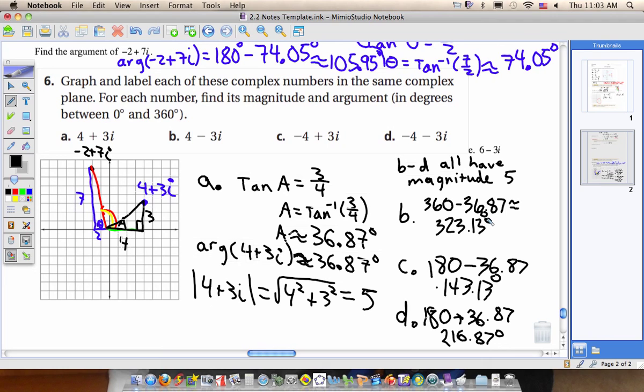So you can check your work with the answers that are up here. B is in quadrant 4, so you're just short of doing the complete 360-degree turn, so I subtract. C is in quadrant 2, so you go left and up, similar to the example of negative 2 plus 7i. And then D, you're in quadrant 3, so you go left and down, so that puts you past 180 degrees. That's why it's 180 plus. Make sure you put the degree symbol on there. If you don't put degrees, remember radians are implied, and radians is different